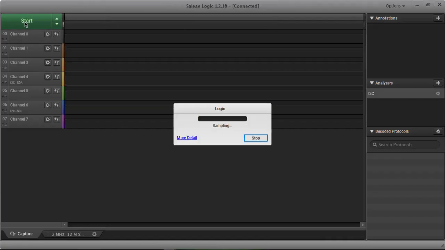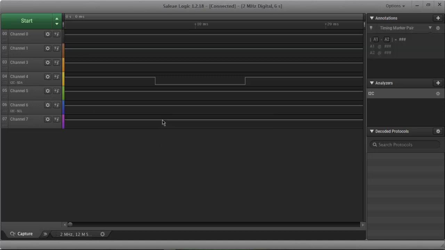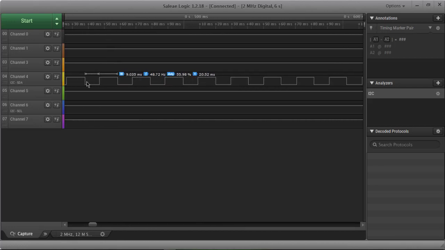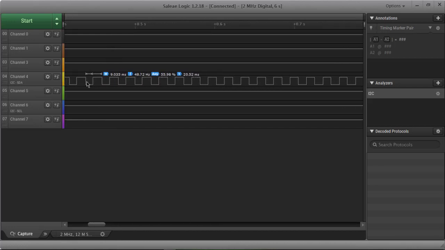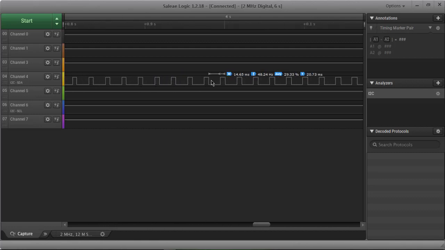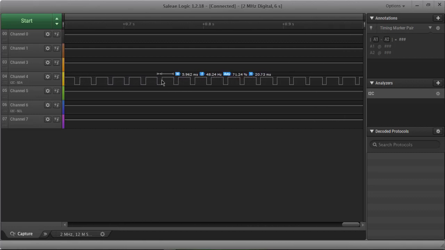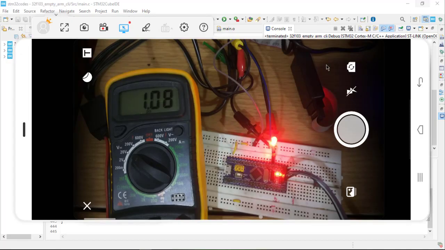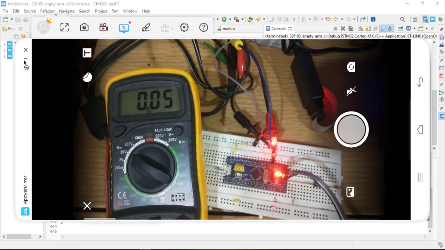And if you see in the logic analyzer, you will see waves of the same frequency but varying duty cycles. As you can see here the duty cycle is more, here it is less, and here it is different again. If you go over here, you can see the frequency column is 50 hertz for all the waves, but my duty cycle is varying. On time and off time are varying depending upon the value of CCR1 which I have set.